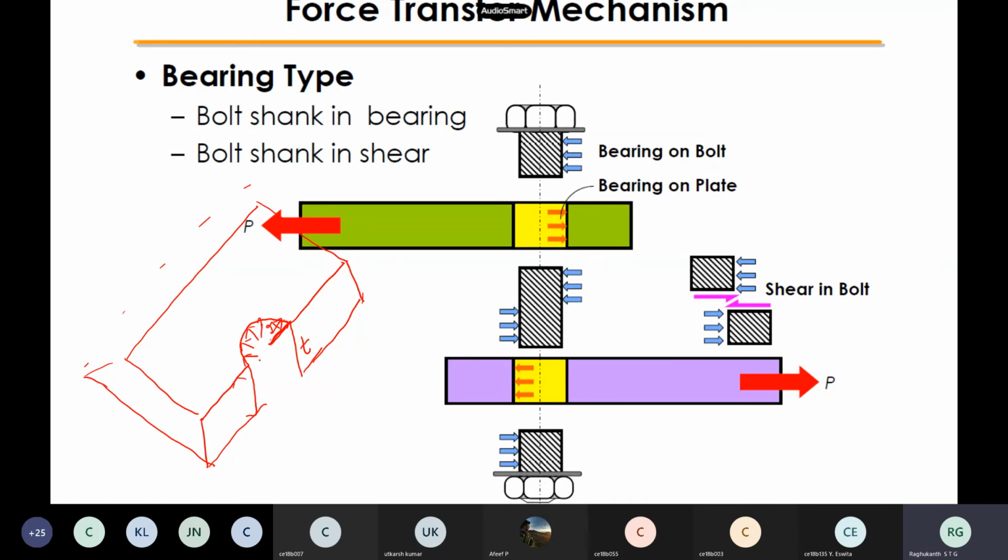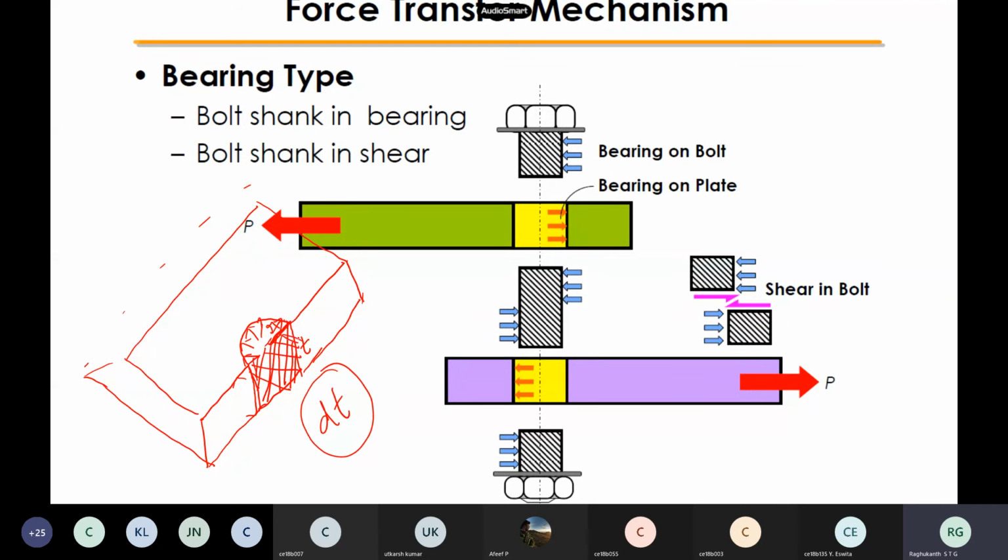But in reality, what do we do? The force is transferred from the bolt to the plate on this semicircular surface, you followed, right? But generally in mechanics, what do you do to calculate the bearing area? We use the projected area. So what is the projected area here? 2r into t. You would have studied this in engineering mechanics also. So this is the bearing area we use, the projected one, 2r into t or d into t itself. So this is my bearing area.